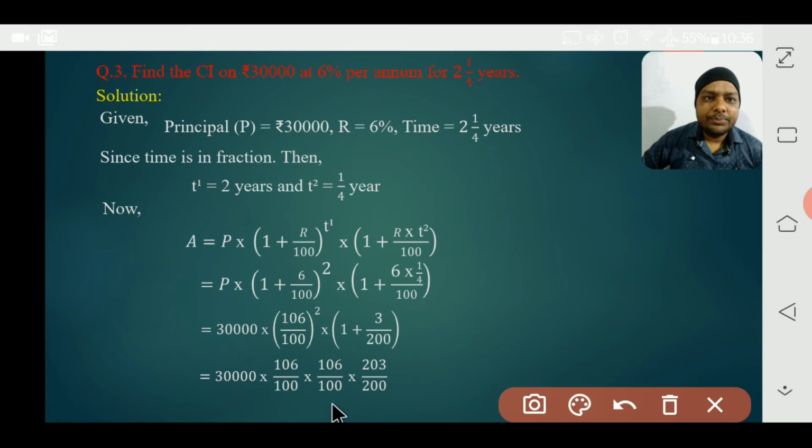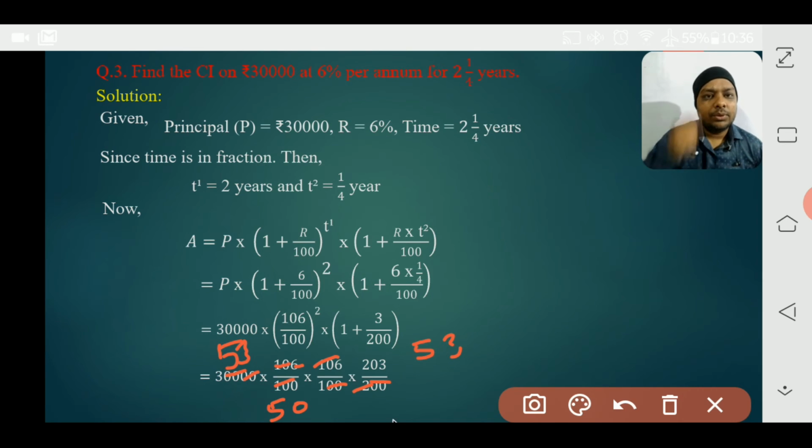Now let's solve it here. 20 will cancel. Again 20 will cancel. Okay. Now, is there any divisibility? Yes, 253 table. Now 250 table and 253 table, this also we can cut. Now we have to multiply clearly. Okay. So now the numerator is what? 3 into 53 into 203 into 53. Okay. And the denominator is 50.